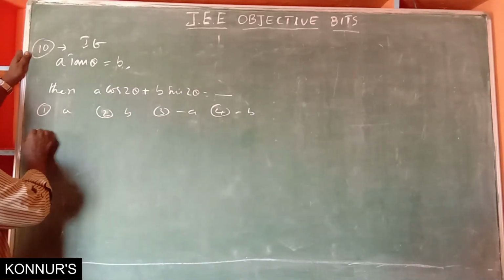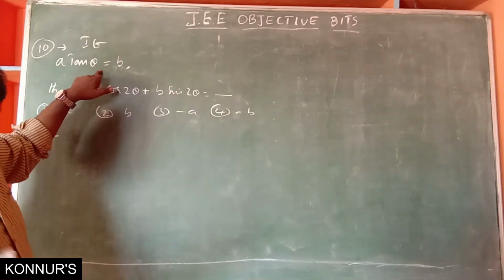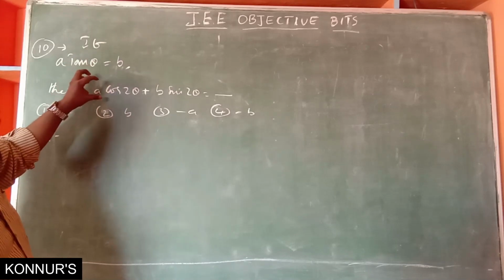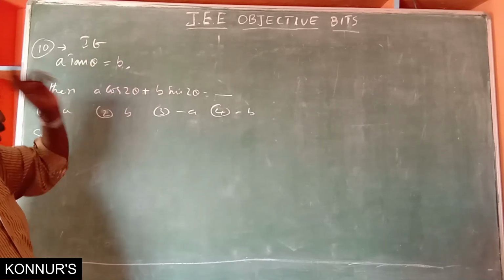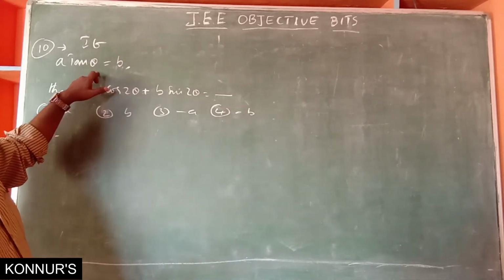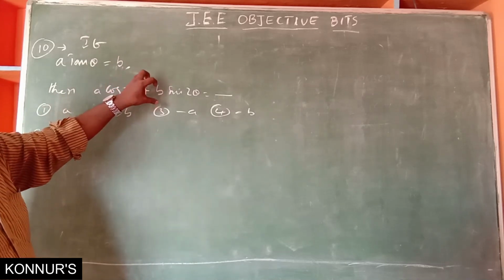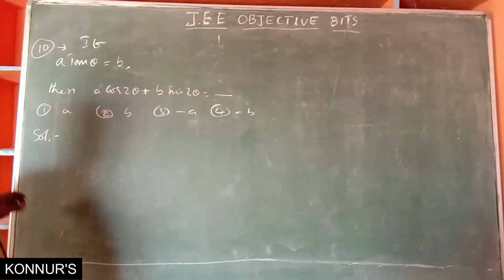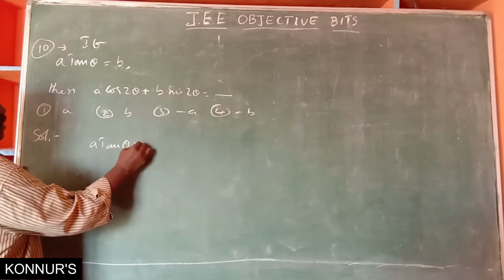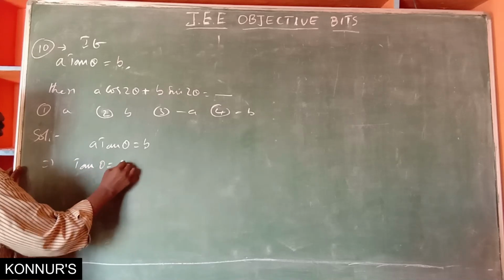Observe, we are given a tan theta is equal to b, and we are asked to find the value of this expression. There are 2 methods. Not using the general method. Of course, we may use it, but it takes some time. But a standard method is there. You follow this one. We are given a tan theta is equal to b now. So tan theta is equal to